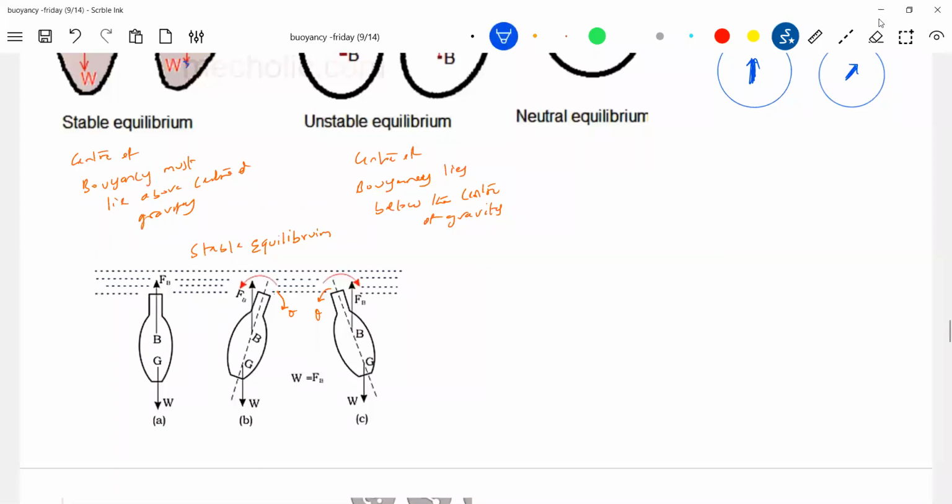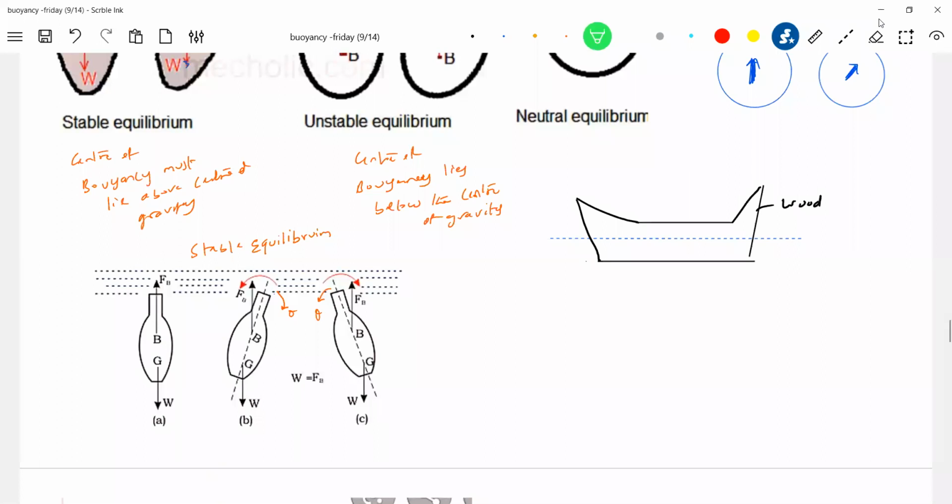Okay, now you know boat. There's a boat or ship, whatever we manufacture. So how should we design it? We do design it like this, no? What is a boat? Usually it is made up of wood, no? Then what should the boat be, stable or unstable equilibrium? It should be stable equilibrium. For that purpose, what will happen? We will just add